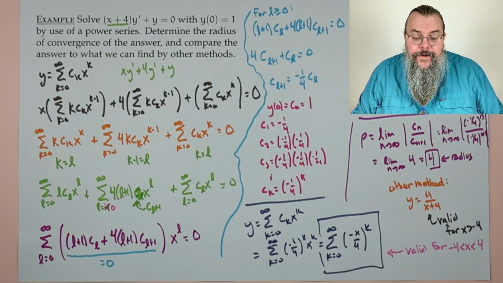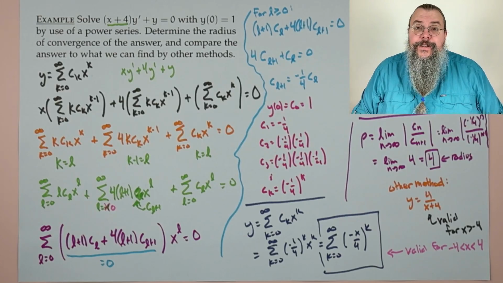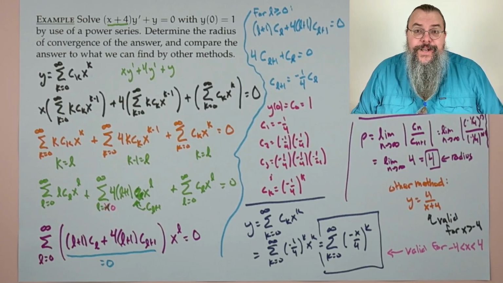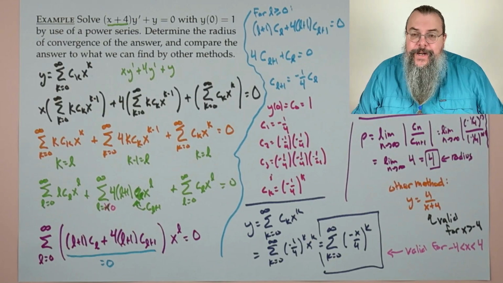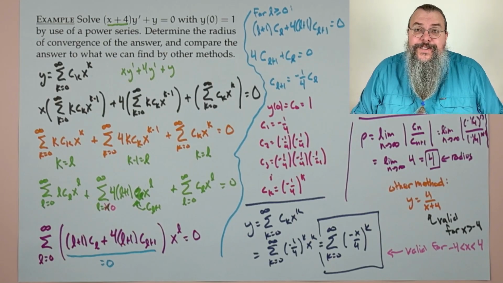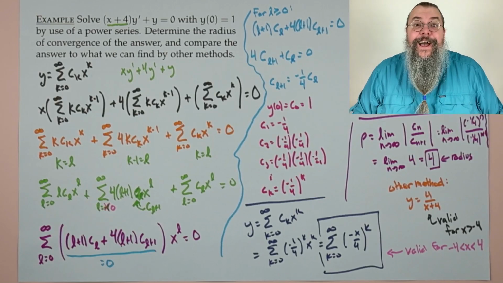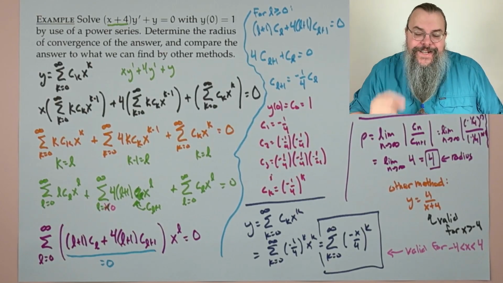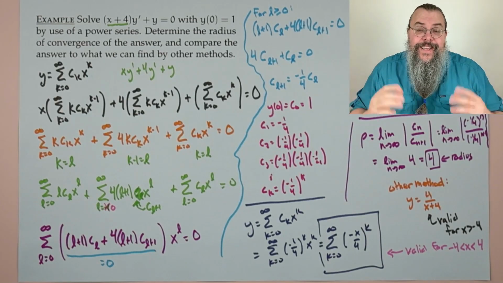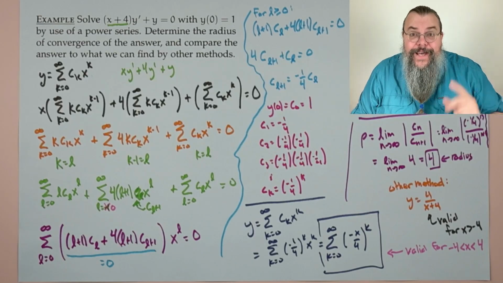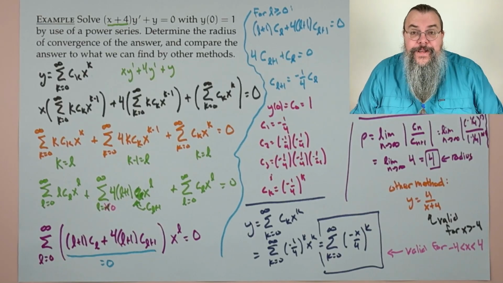All right, well, great. And you might say, we got lucky here for our radius of convergence. Is there a better way to do that? There is, at least in some cases, and we'll talk about that next time. But for now,